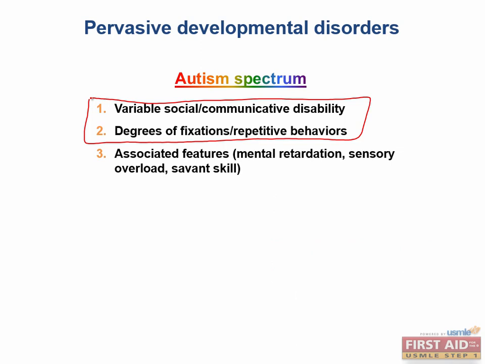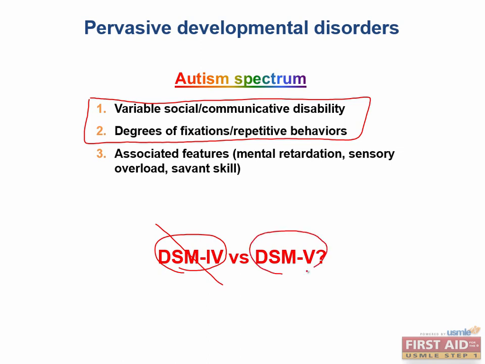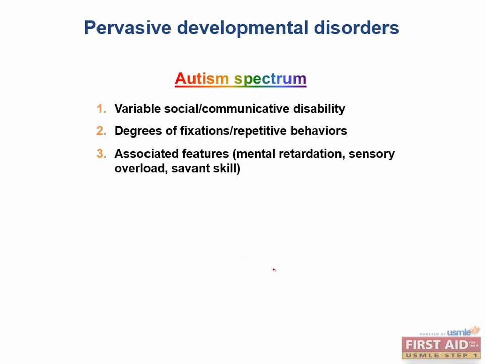I suppose this is as good a time as any to address the question, does the USMLE use DSM-4 or DSM-5 criteria? As in, do I need to know about Asperger's versus autism, etc.? Fair question. The DSM-5 was only released in 2013, and Step 1 is known for being at least a couple years behind the curve. But this represents such a radical change in the entire field of psychiatry that the USMLE has actually removed all questions that involve DSM-4 terminology that's been eliminated from the DSM-5. So no, you don't have to know the difference between autism and Asperger's. The only disorder in the autism spectrum that you'll specifically need to care about is Rett syndrome, and that's because